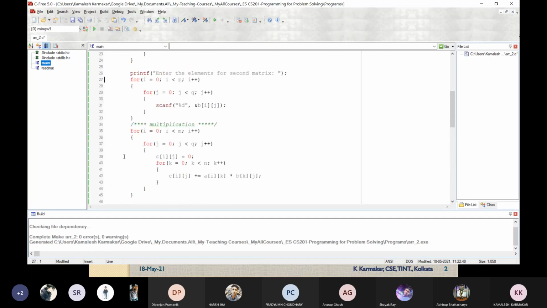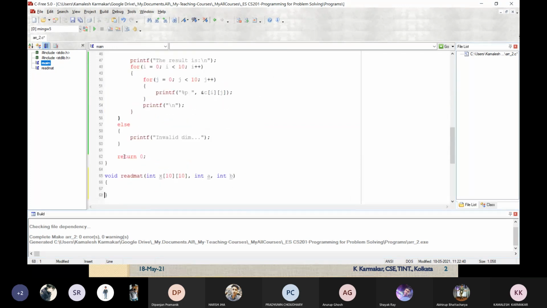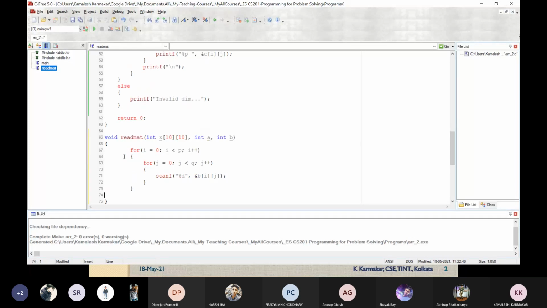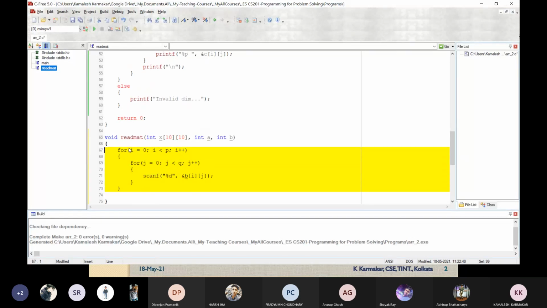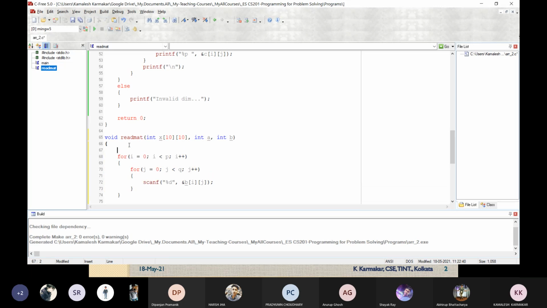To read the values, I will just copy this loop. This is being used for reading the values. So I'll just copy this loop and write it here. Here I have to declare some variables: i for controlling the outer loop and j. Okay. So for i equals 0, how long will it run?